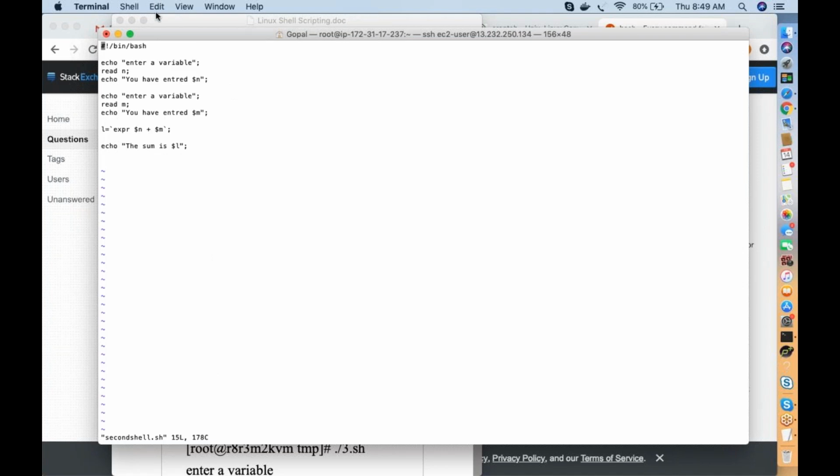How has it done this? Read n is the one which will break your shell in the middle and ask for the input. Whatever input you have given, it replaces with n. Similarly, it asks for one more variable called m, takes that value, does the sum of the two values and gives the output. So this is an example of how a script asks for the input in the middle of the script.